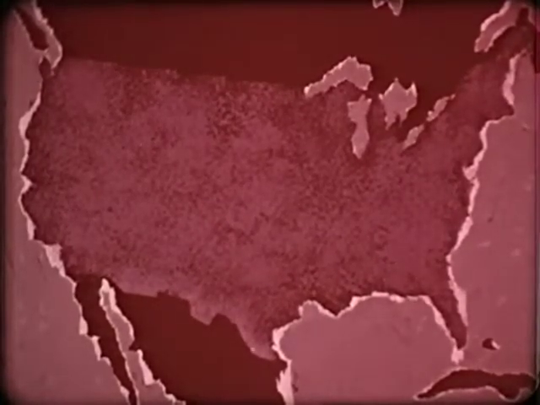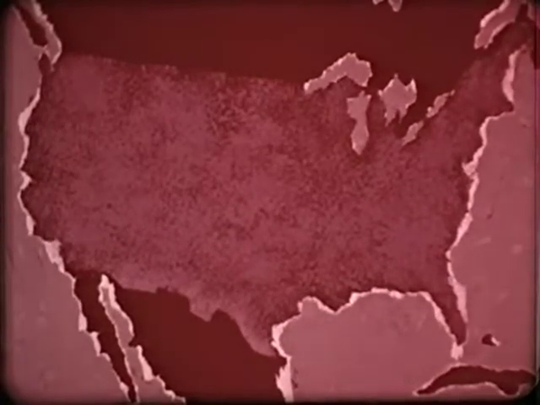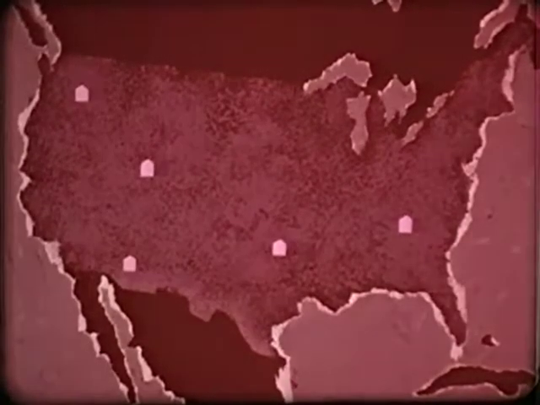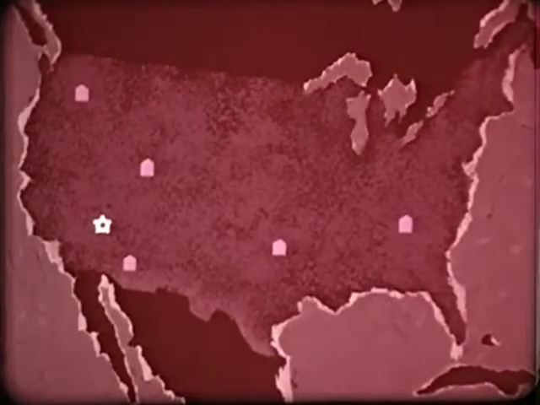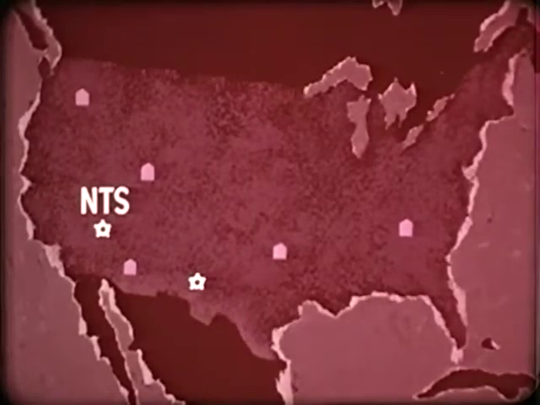Another major task of Vela Uniform has been the planning, building, and operation of advanced prototype seismic observatories in the United States. These were specifically designed to detect, identify, and locate nuclear explosions. There are 5 of these stations located in low-noise areas to take advantage of seismic signals from past and projected underground explosions at the Nevada test site, at the New Mexico site near Carlsbad, and in the